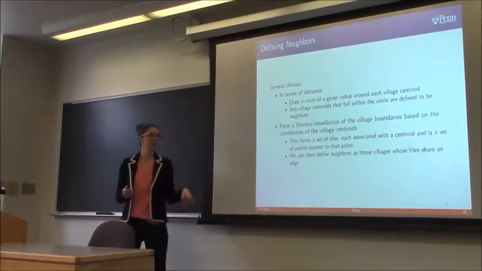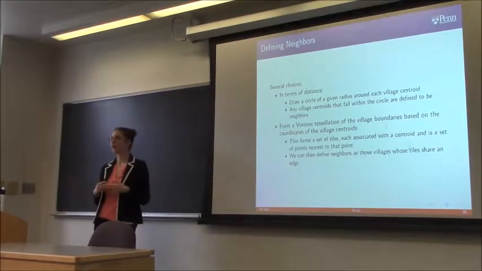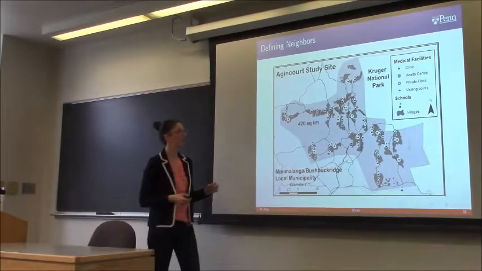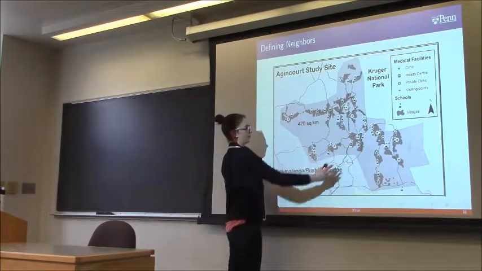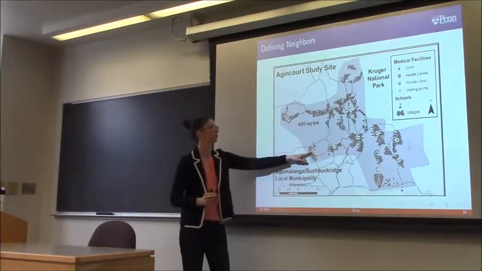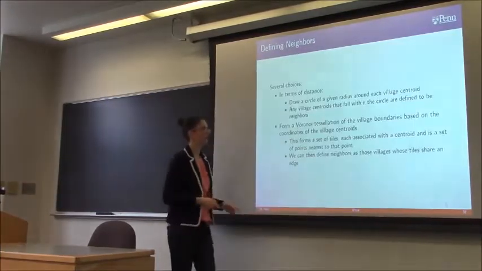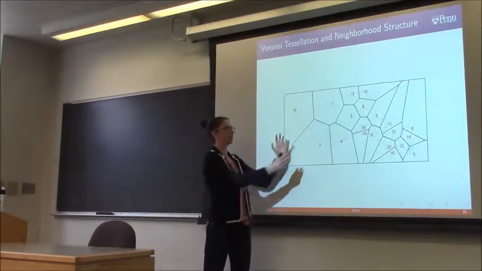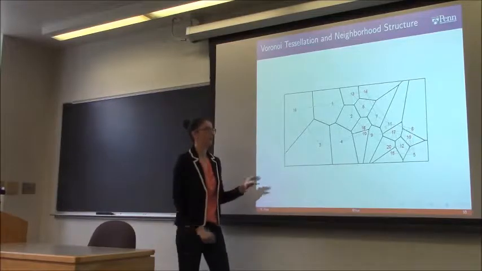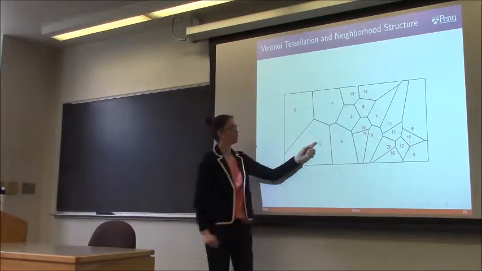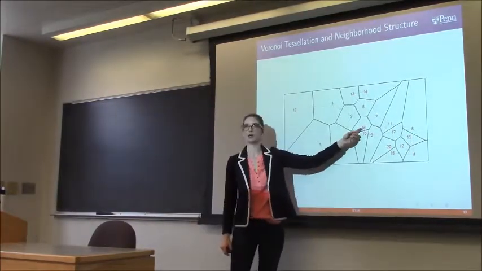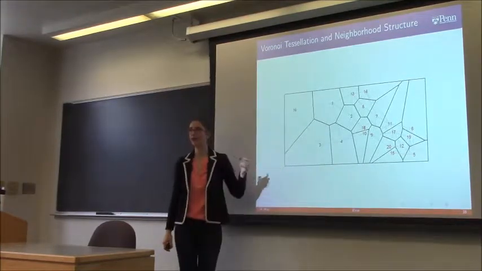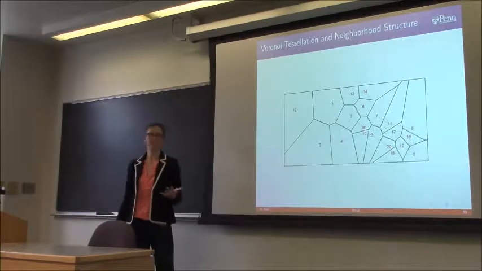Okay? And then once we've got this set of tiles, we can define neighbors as any tiles that touch. So what does that mean? If we translate this picture into a set of coordinates, we would just have a bunch of points, right? That's sort of what this is representing. The map is kind of skewed, but anyway, you get the idea. Each number here represents the centroid of a village number, and the black lines here represent the tiles that arise from the tessellation.